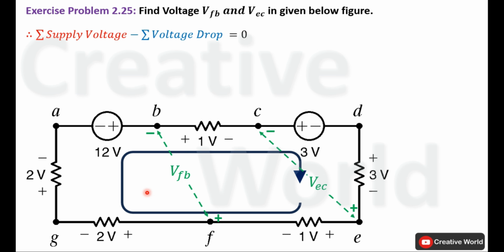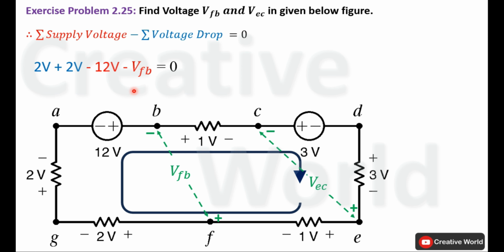For that purpose we will apply Kirchhoff's voltage law for this imaginary closed loop. We will start from here. Current entering terminal is positive, so voltage across this resistive element will be taken with positive sign, 2 volt. Similar case here. Current entering terminal is positive, so voltage across this resistive element will be taken with positive sign, plus 2 volt. For this voltage source, current entering terminal is negative, so voltage across this voltage source will be taken with minus sign, minus 12 volt. At the end, current entering terminal of VFB is negative, so voltage VFB will be taken